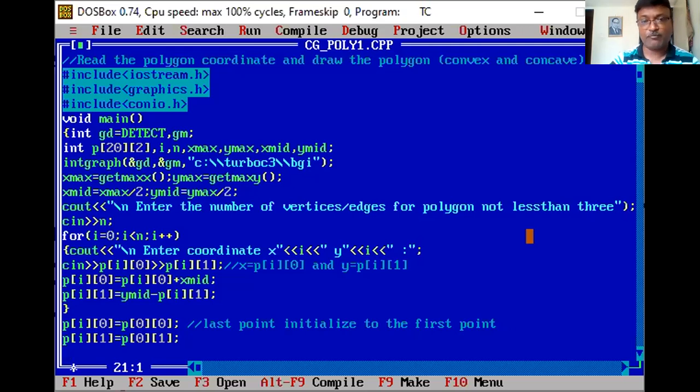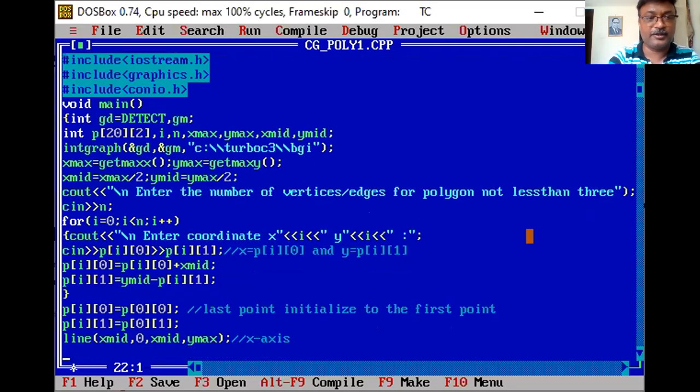Now I am going to draw this with the x-axis and y-axis. First of all, you have to draw the x-axis and y-axis. Suppose I already have x mid, y mid, x max, y max. For the x-axis, go from x mid, 0 to x mid, y max. So this is my x-axis, correct?